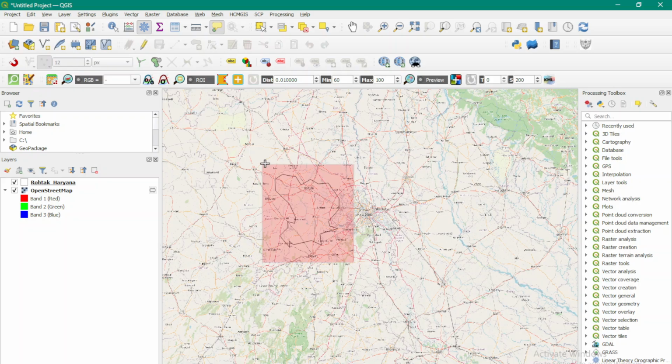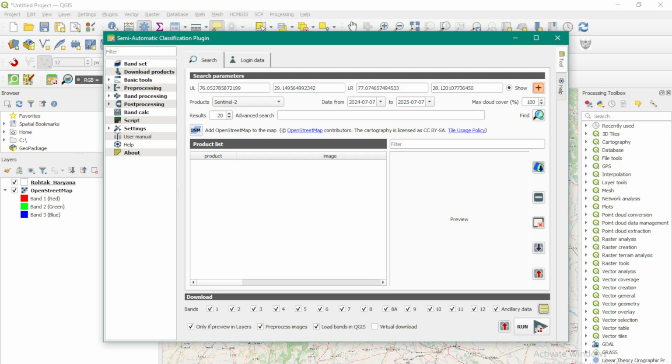Okay, if you use only the left button on your mouse, then it is not going to work out. You have to use the left button to start with one corner, and diagonally opposite, when you are closing the polygon, you are going to click on the right button. Okay, once this is done, you can come back here. You will see that these corners got populated. Now you have to select which data set you want to download. I want to download